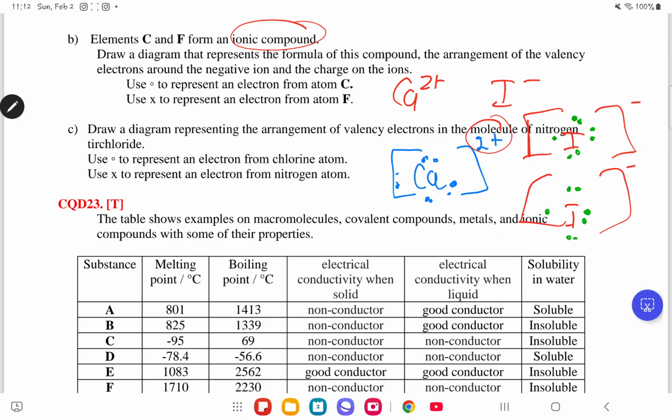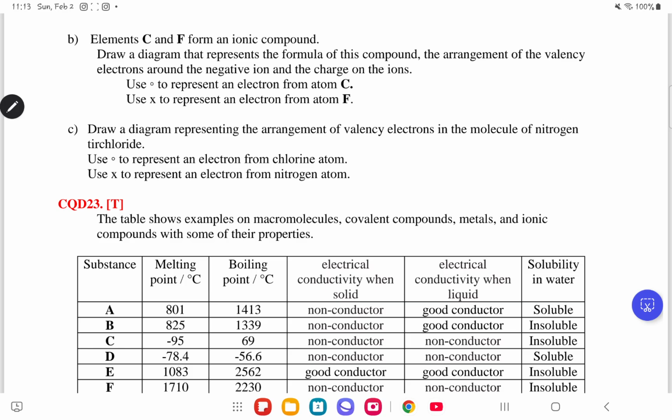Now what it is missing is the electron. So it will gain an electron from Ca and Ca. And like that, Ca has the configuration of noble gas, and same goes for the iodine. Okay, now in part C, they need us to draw a diagram representing the arrangement of valence